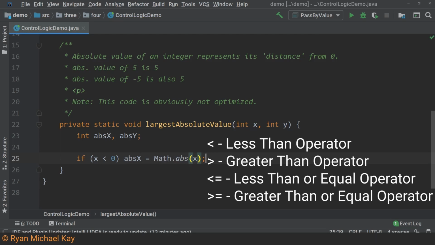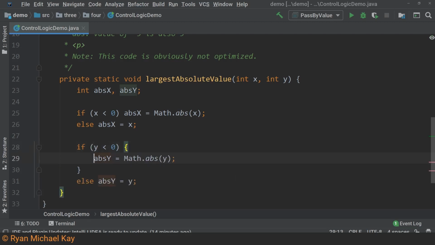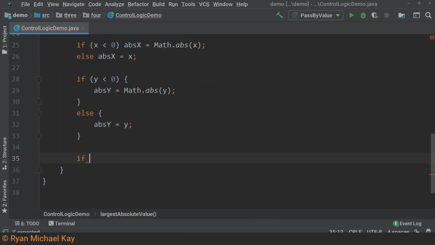If the Boolean expression evaluates to true, we execute whatever is in the body of the if statement and we skip the else statement, and vice versa. Now, since the body of our statements are on a single line, we do not actually need to use curly brackets here. If you need several lines of code, you must use curly brackets.